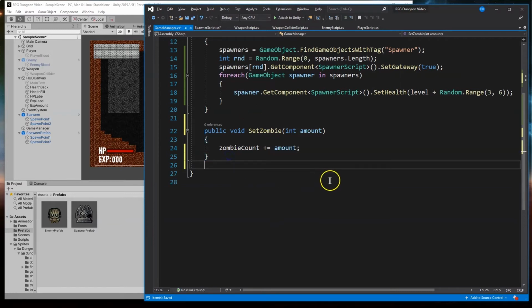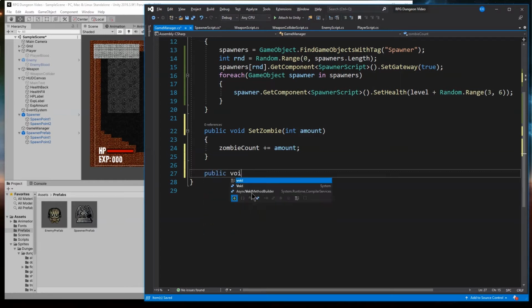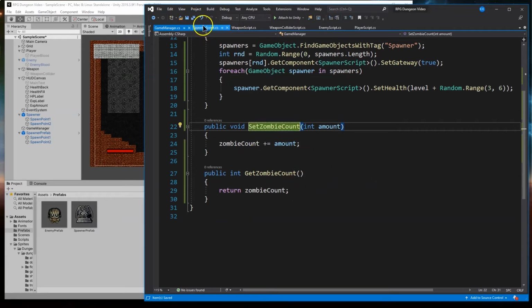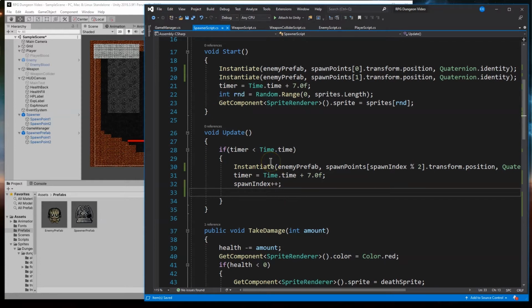And then we're also going to need a way to not remove a zombie, because we could just put this in as a negative number. To get the amount? No, we'll control that within. Yeah, we'll need to know the amount. Okay. And we're going to need a way to check the amount. And so that will just be a traditional public void. And by public void, I mean int. And this should be zombie count. Great. And now in our spawners, we can do